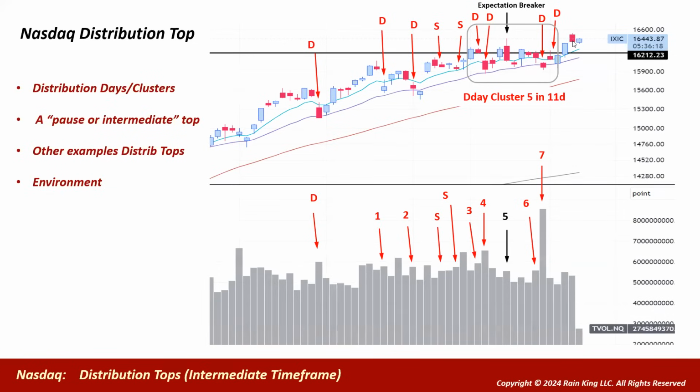Thursday was not that impressive. The market gapped up, finished closed at the lows. That was not great. Volume was not really good behind the follow through there. And even today, it's been fairly muted. The volume's low. So this is really a caution sign. Could this be the expectation breaker before we really have a trap door and fall down? It's possible, but we'll have to just take it day by day. But a lot of distribution in here. The market's trying to fight off correcting.